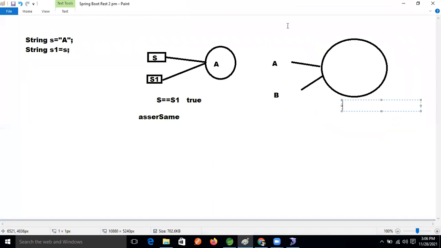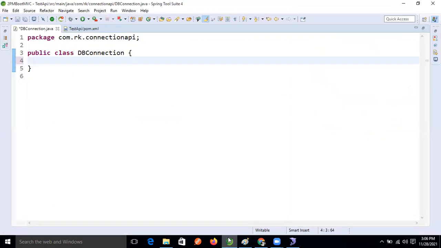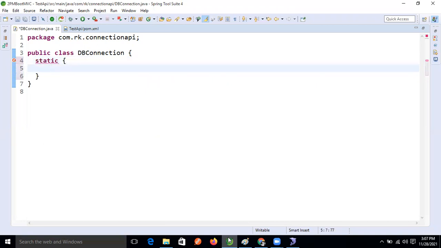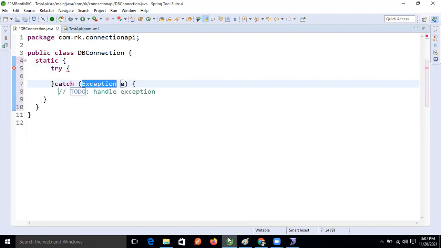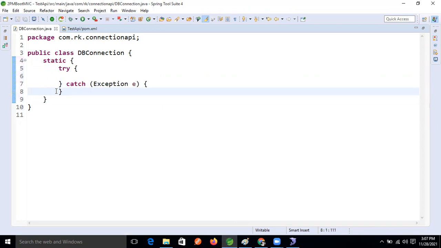Yes, Ravi. Okay, so what I'm going to do now is write the connection first. Only one time, so I'm taking a static Singleton block, guys. Here we took a static block, and inside it I'm going to write a try and catch block, because our JDBC API throws a checked exception, and we need to handle it explicitly, otherwise our API will not work. Checked exceptions we have to handle, yes.